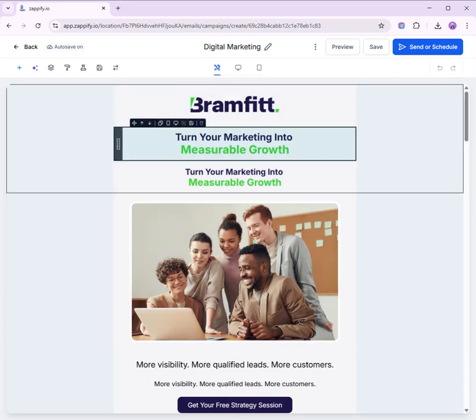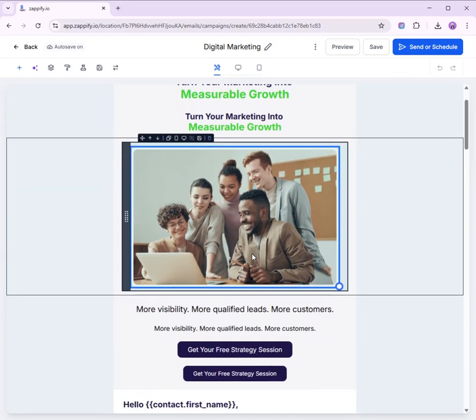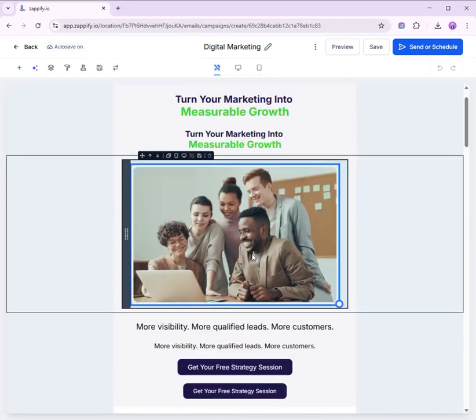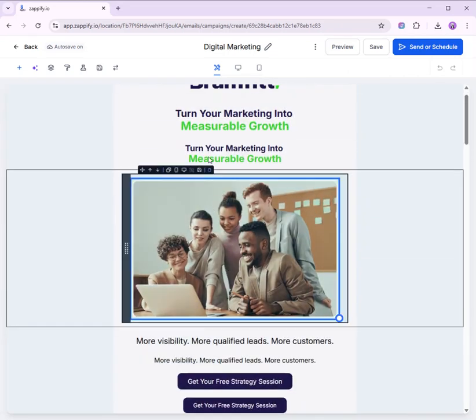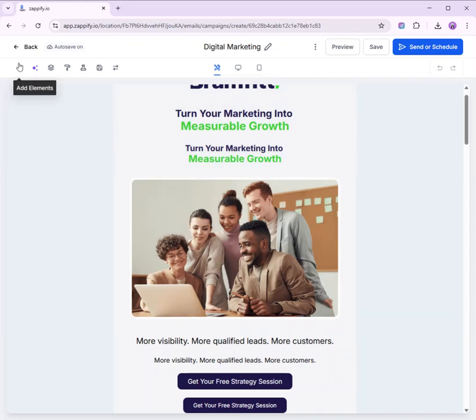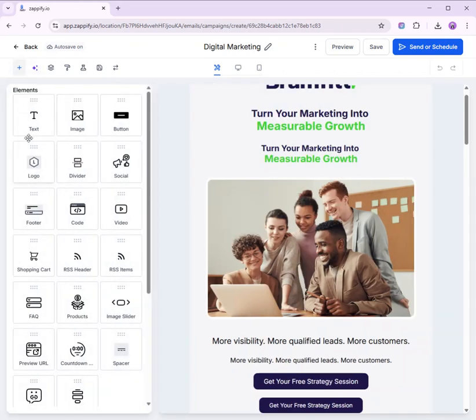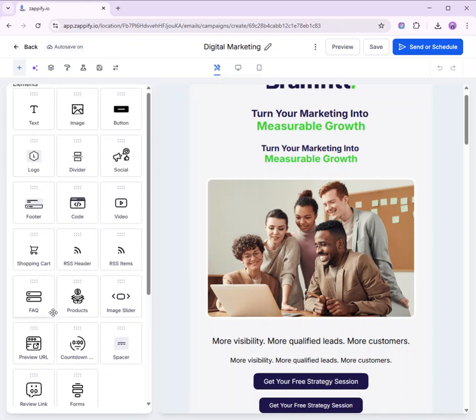So you can use the drag and drop email builder to design your email. You can add elements like text, image, button, divider, and more.